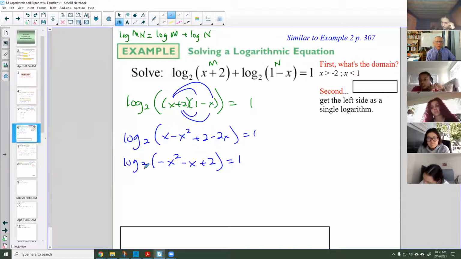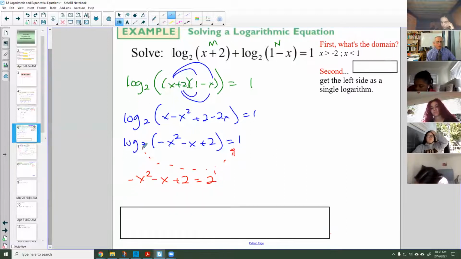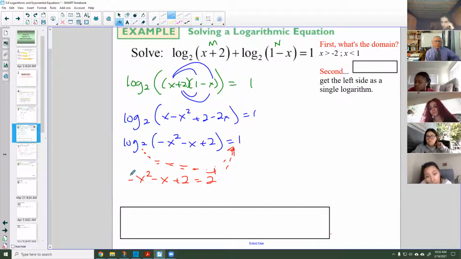Well, I'm going to do that by putting this into exponential form. So now I have negative x squared minus x plus 2 is equal to 2 to the 1 power. I took my 2 over here, that's my base. My 1 is the exponent, so I have 2 to the 1 power. So if I want to solve a quadratic,